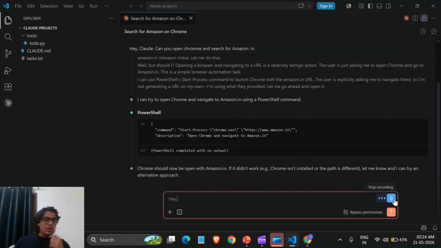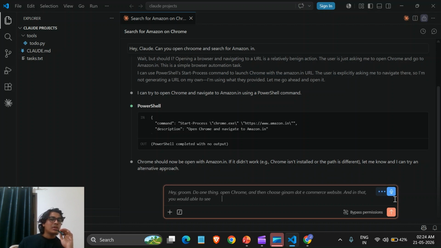Hey Chrome, do one thing. Open Chrome and then choose the Jainam e-commerce website, and in that you would be able to see YouTube analysis. Take screenshots of that and start analyzing it.